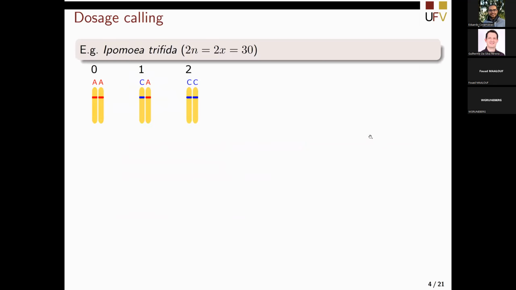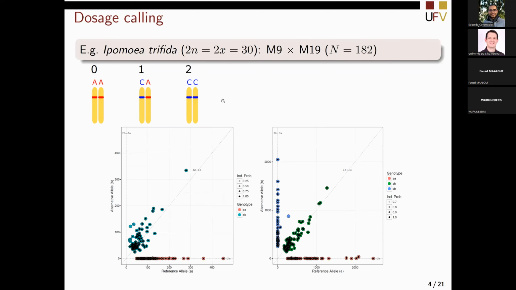So dosage calling is an interesting concept. We don't call it dosage calling, we just call genotypes, right? Or genotype calling. And it consists of counting a certain allele, let's say the alternative allele, right? So this one has 0 Cs, 1 C, and 2 Cs, right? So 0, 1, 2 would be the dose of Cs, right? Or the alternate allele. This is an example of how we would see it in a diploid